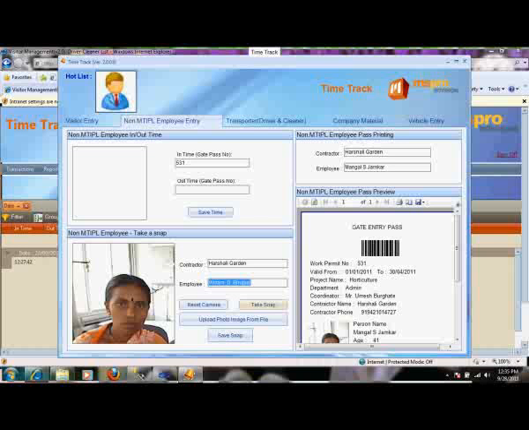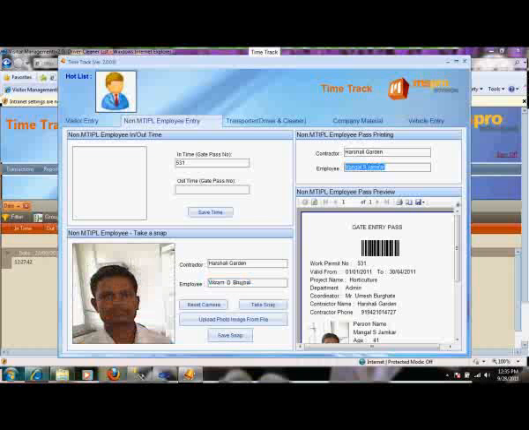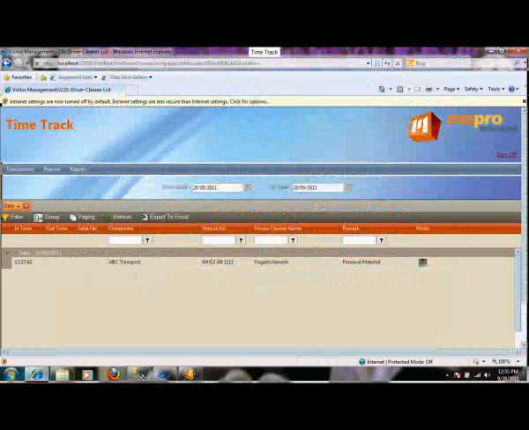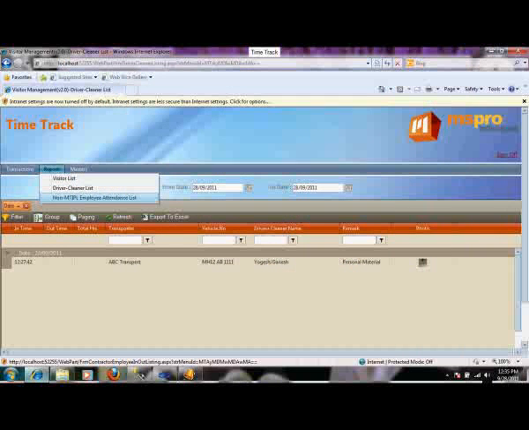So let's move on to the application again. Now the 531 we tried, its pass is expired, so we cannot take it. The entry in time cannot be recorded for him unless and until the pass is renewed. So let's try to trace somebody else who is in valid period. No, this is also not in valid period. This also is not there. Anyway, I feel the data entered had expired on 34/2011.